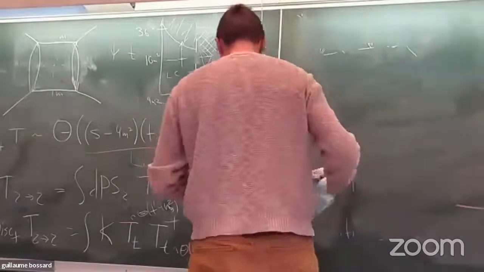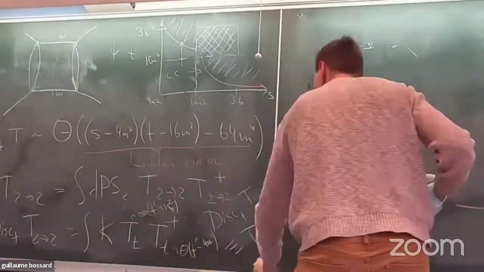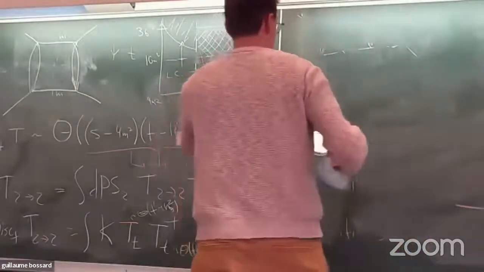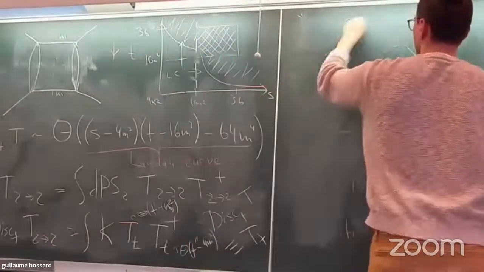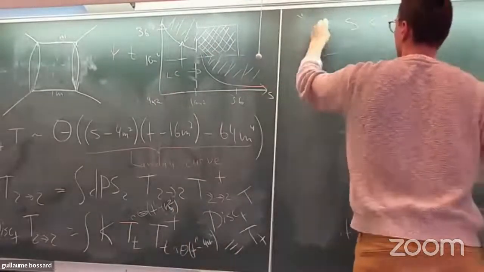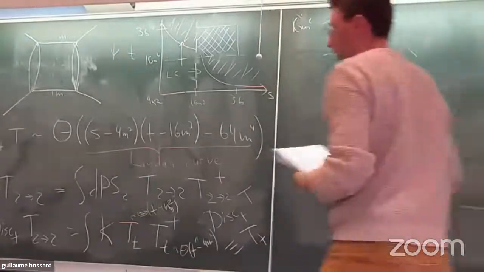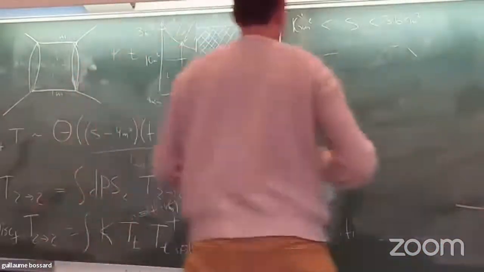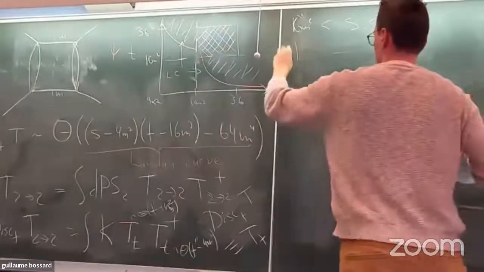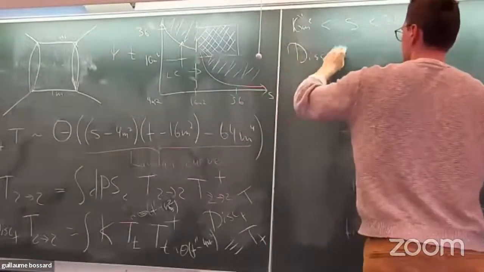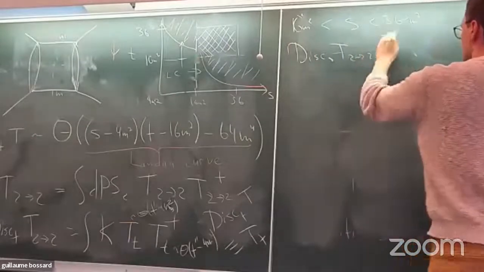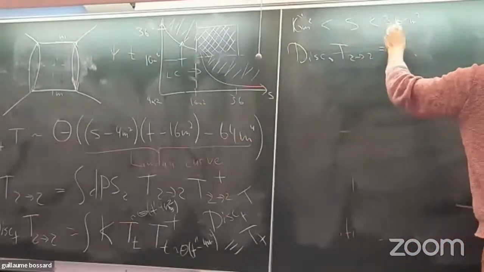Now we see that if you try to play the same game, let's say we start with S between 16 and 36, the unitarity equation will involve a new term. So we have now this 2 to 2 is equal to, first we have